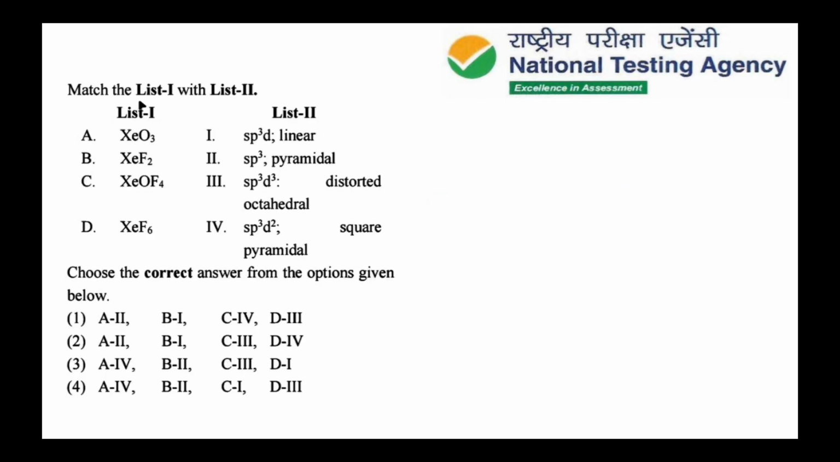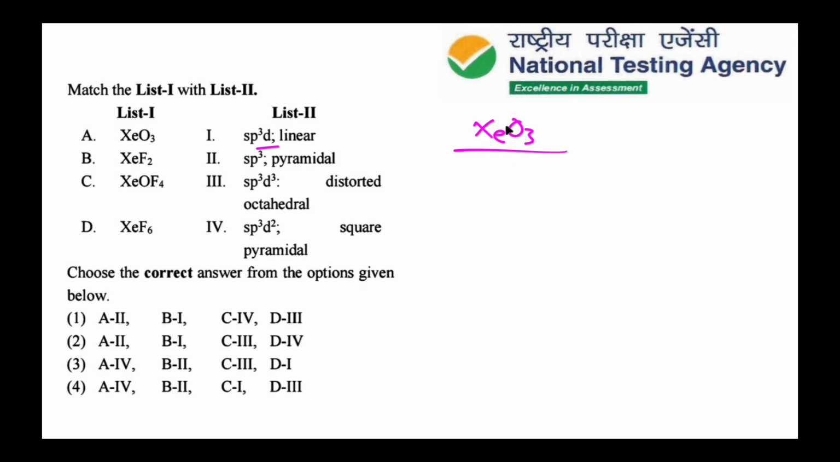The next question is match list 1 and list 2. In list 1 they have given some compounds. In list 2 they have given the hybridization exhibited by the compounds and the geometry or shapes of the molecules. Then we will discuss first